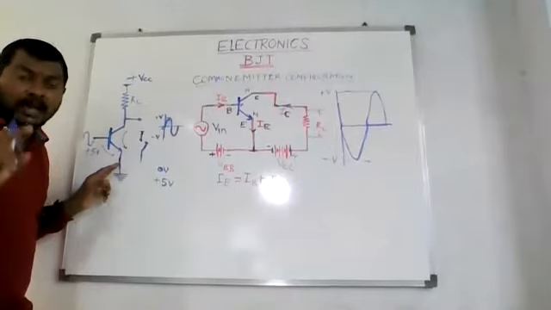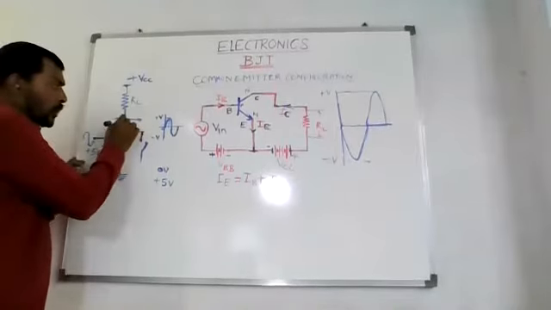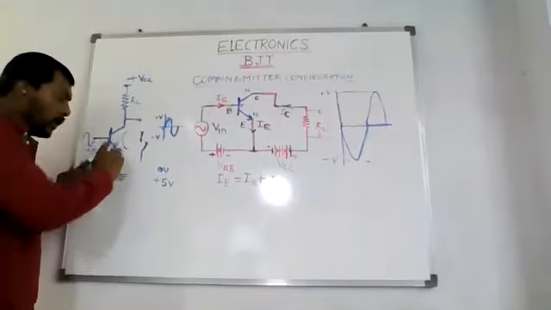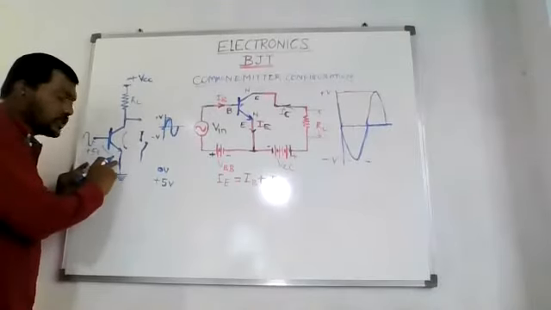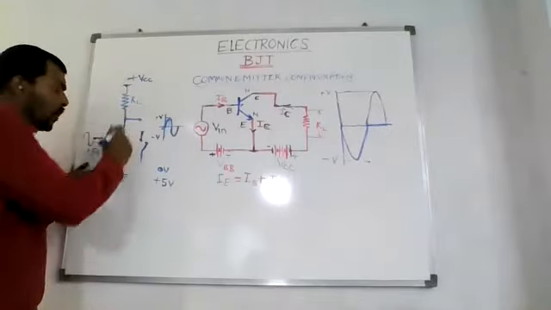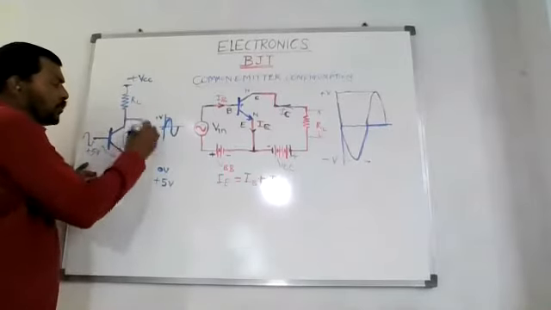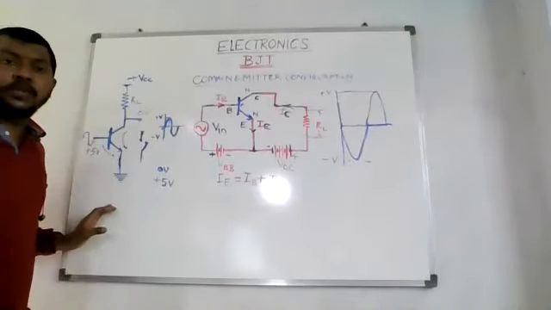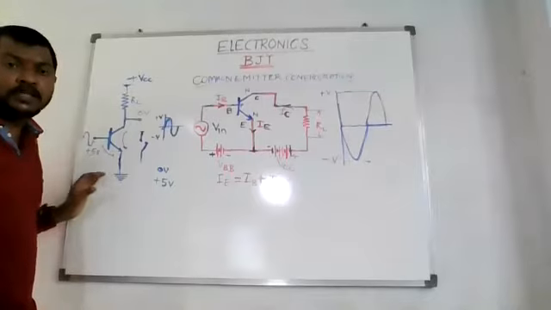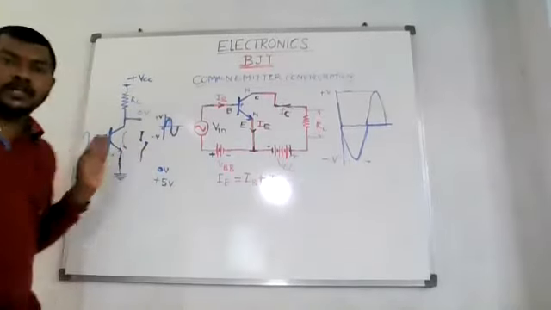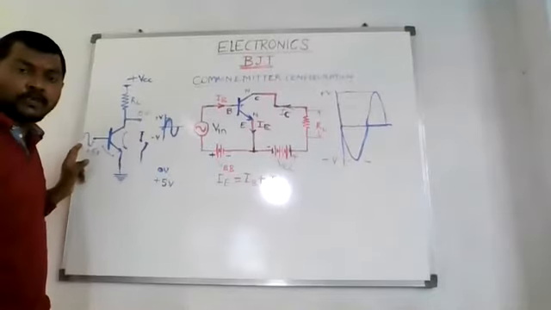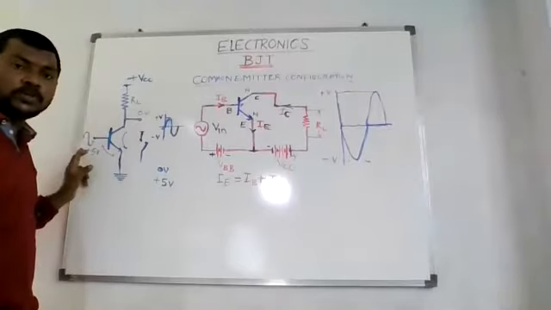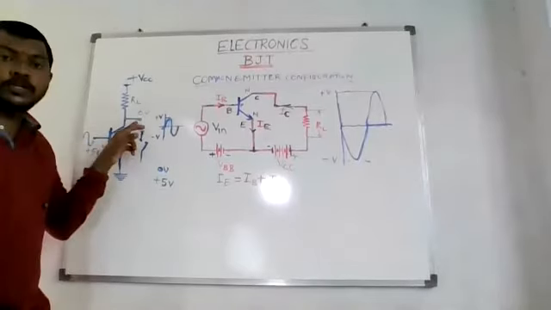The output voltage which is supposed to come over here, since the current is flowing through this transistor, will go to this point. As soon as it comes to this point, the voltage will drop across over here. The voltage across this will be zero. So as you are able to see, this transistor can be used as a switch, and we call this transistor as a switch. When you apply zero at the base of a transistor, this will give you high voltage. When we apply plus 5 volts or high over here, the output voltage will be low, or 0 volt.